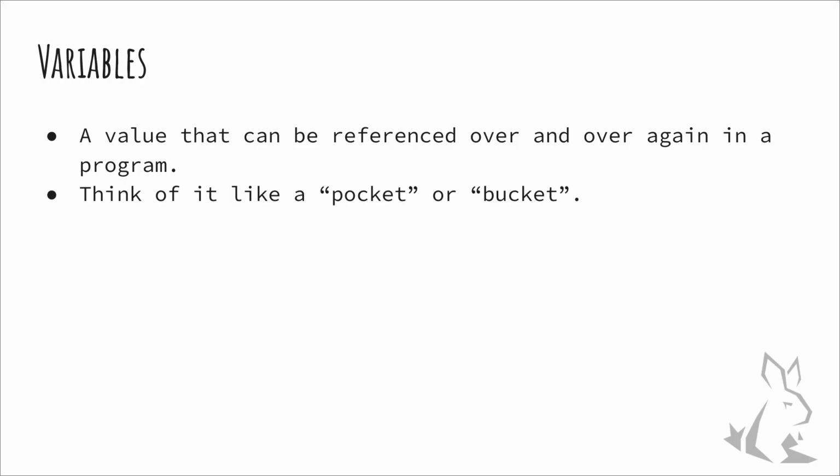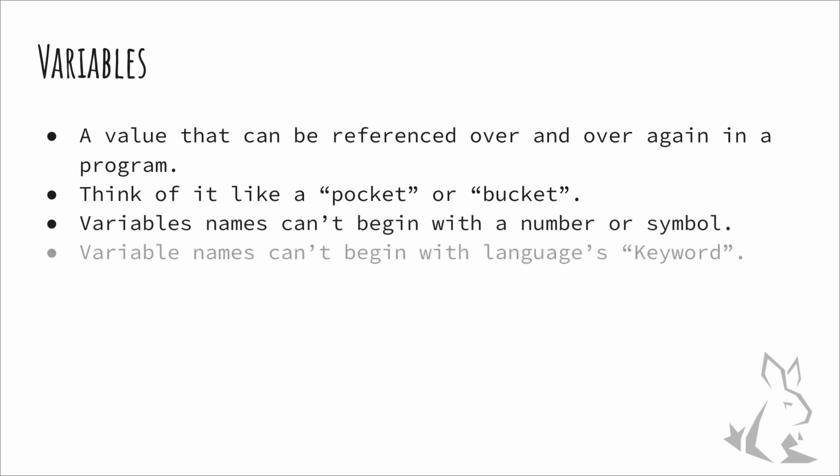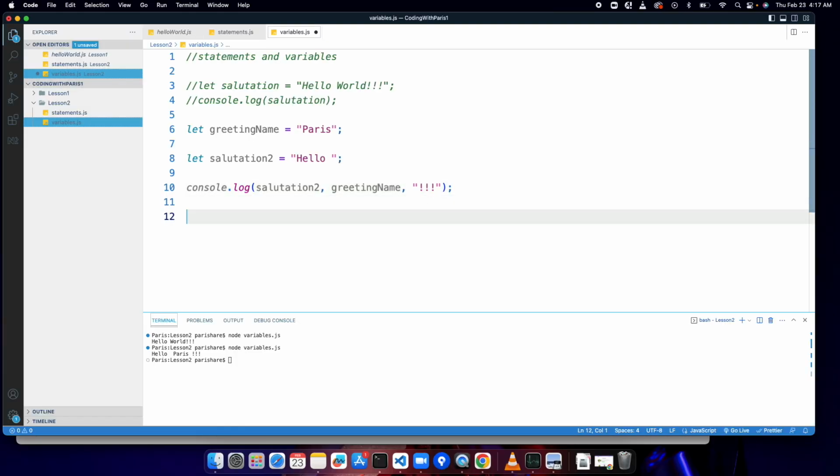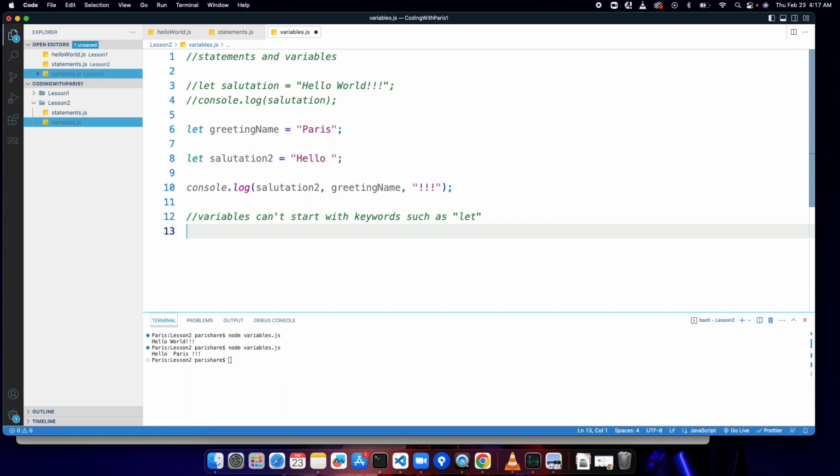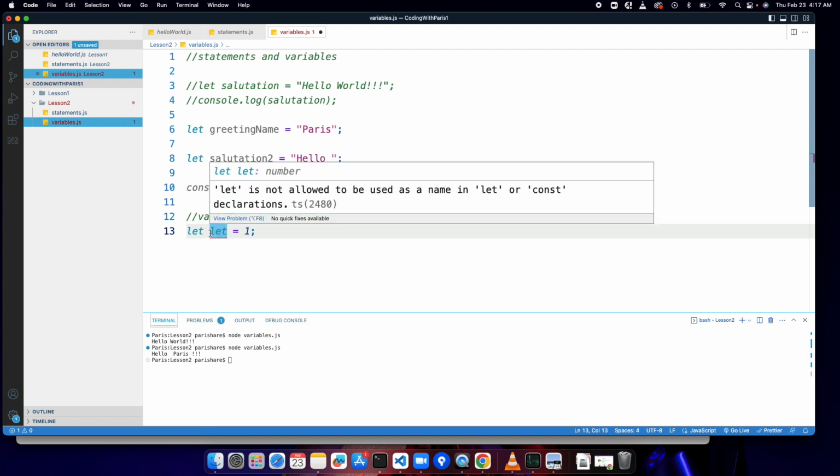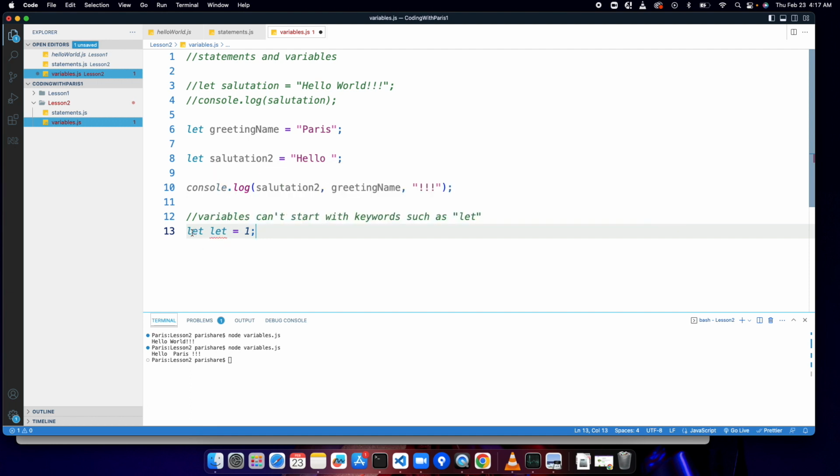So some things about a variable is that they usually can't start with a number or a symbol. Also, certain keywords can't be variable names. For example, variables can't start with keywords such as let. And let's try to create it. So let equals 1. Right. You'll notice that my code editor is screaming right now, and that is because the keyword let lets